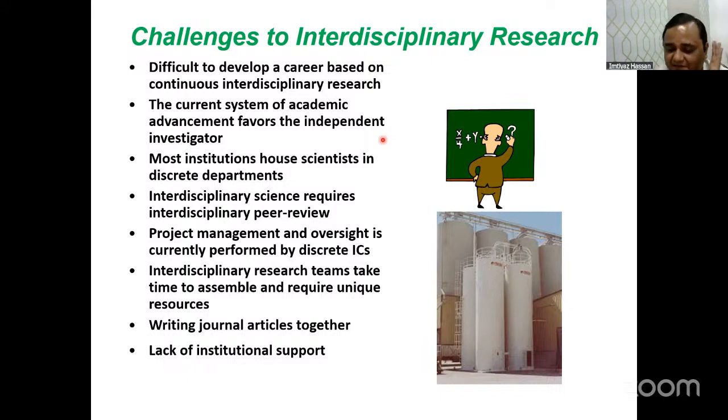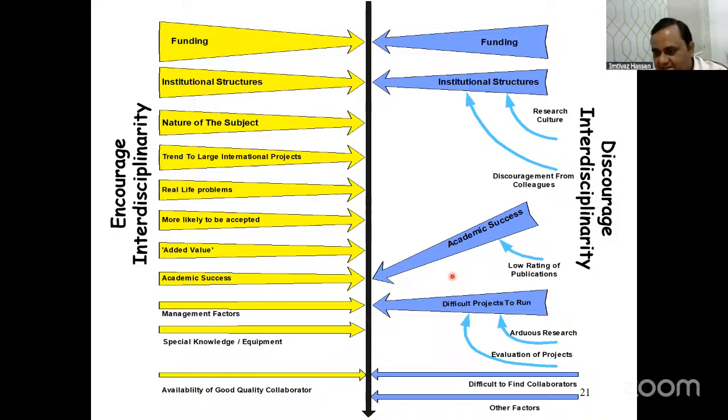Although it is a way, it has a very big advantage if you see research working at the chemistry biology interface, or similarly chemistry, biology and information technology. It also takes a long time to assemble the different fields, writing a paper together, and there is a lack of institutional support. These are some challenges. But at the same time, what discourages you and what encourages you to become interdisciplinary?